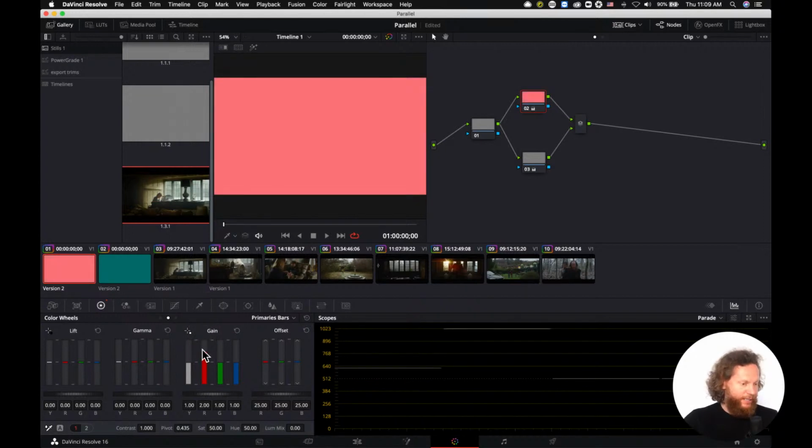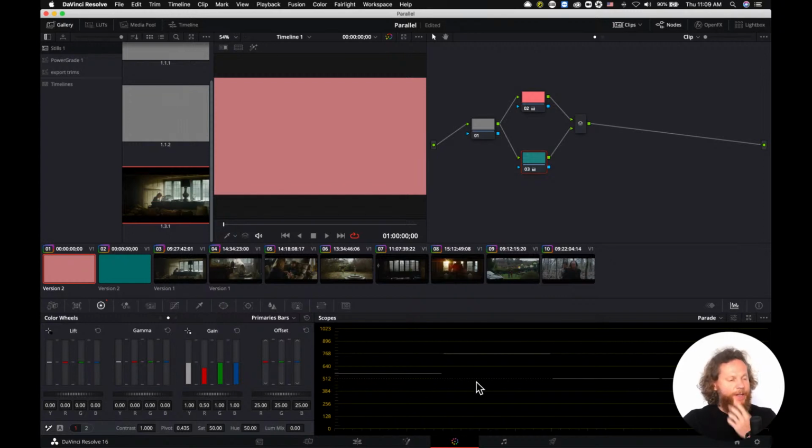Fantastic, now I'm getting the correct result. Now I'm going to take node 3 and apply a multiply of 0.5 here. What happens is I am getting the value of